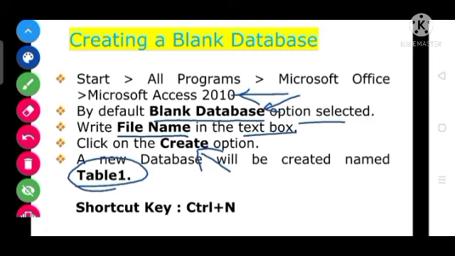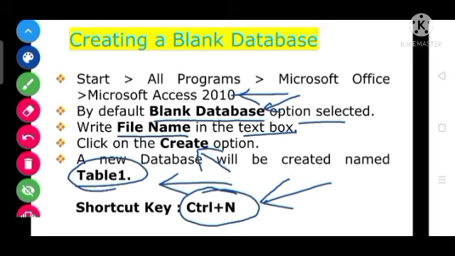If you want to create a new database using a shortcut key, you can use Ctrl+N, where Control is one key and N is another key for creating a new blank database. So I hope you all understood how to create a blank database.